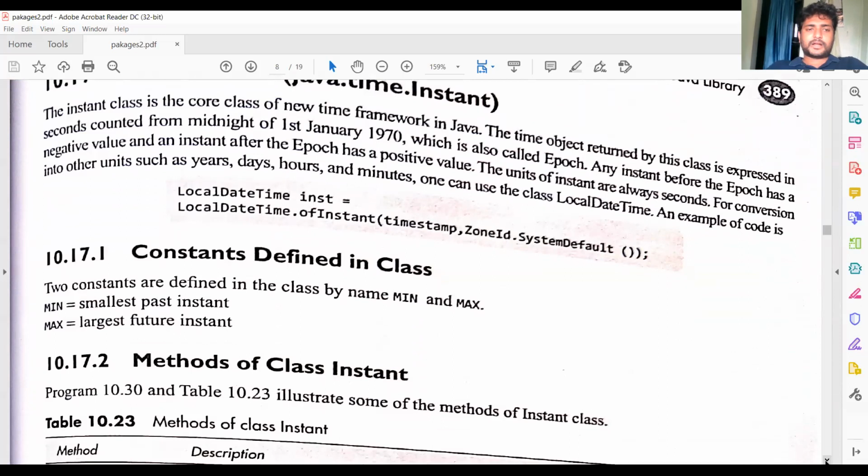There are two constants defined in this class, MIN and MAX. MIN is the smallest past instant, and MAX is the largest future instant. These are the two constants widely used in the Instant class.